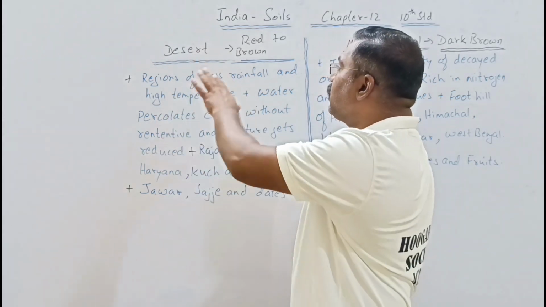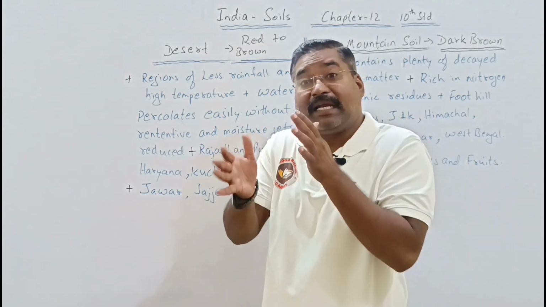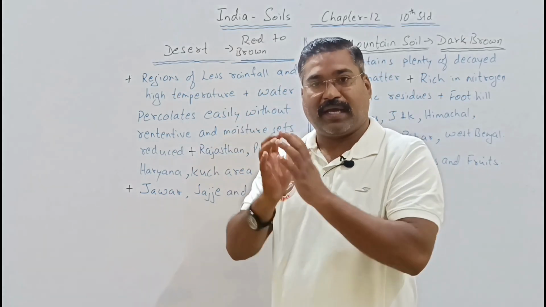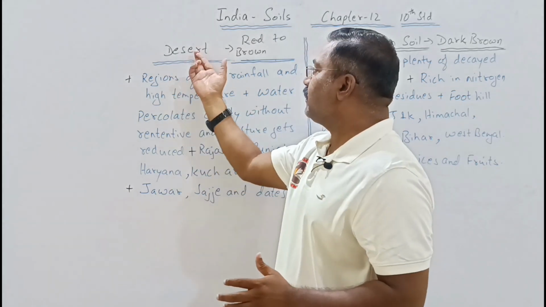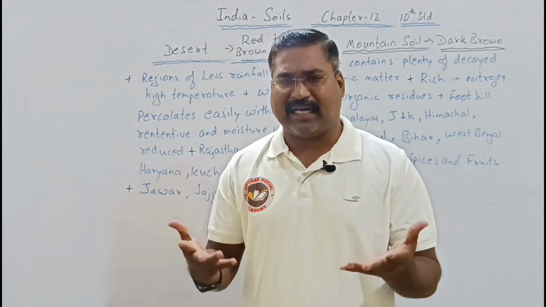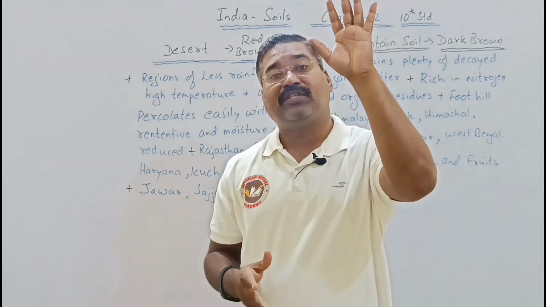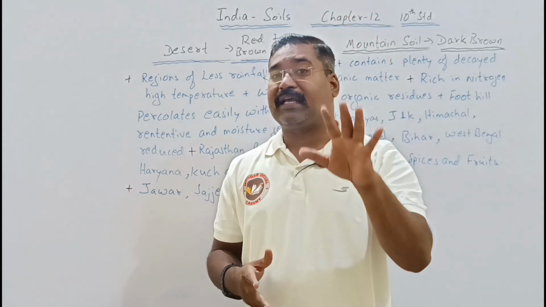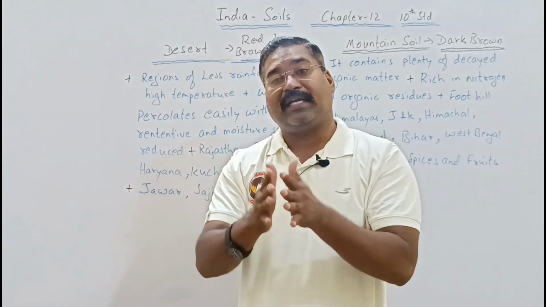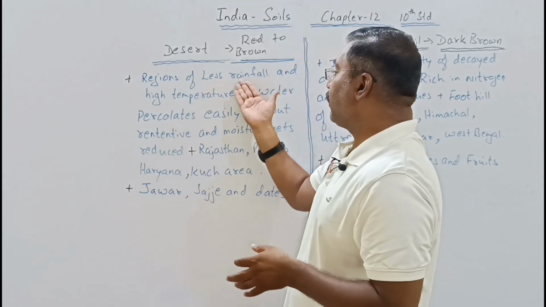Desert soil looks red to brown in color, not totally red, not totally brown. Which soil is it? Desert. By the word desert itself, we can understand that the temperature will be high and the rainfall will be less. So the soil called desert soil is found in those areas where the rainfall is very less